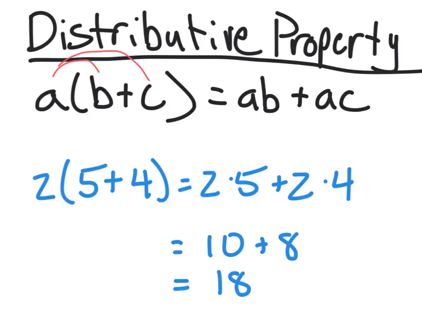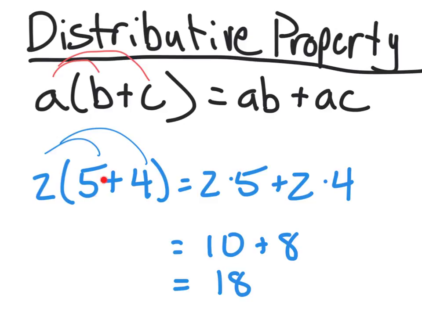I can show you real quick with numbers. 2 times 5 plus 4, you get 2 times 5, which is right here, plus 2 times 4, which is right here. 2 times 5 is 10, 2 times 4 is 8, 10 plus 8 is 18. So the weird thing is, why would we do this in this case? Because obviously we can do 5 plus 4 and get 9, and then do 9 times 2 and end up with our 18 faster. So there's actually not a good reason to do it if you have all the numbers,